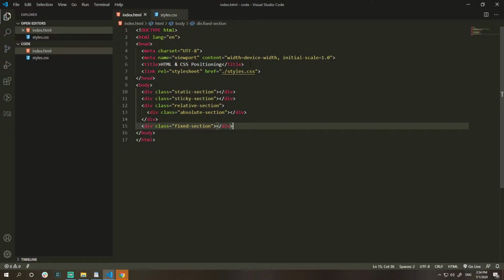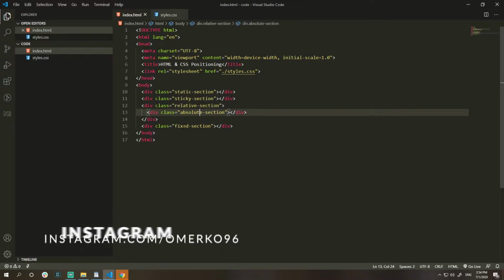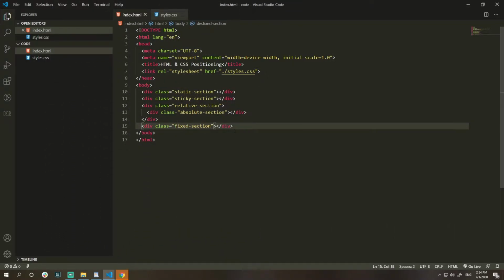So my HTML has just 5 sections, 5 divs inside its body. One is for static position, the other one is sticky, then we have relative, absolute and fixed sections. You can also see that my absolute section is nested inside my relative section. You will learn why when we come to it. The idea here is to take each section and position it as its class says,